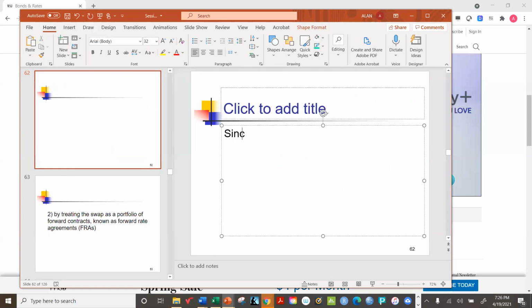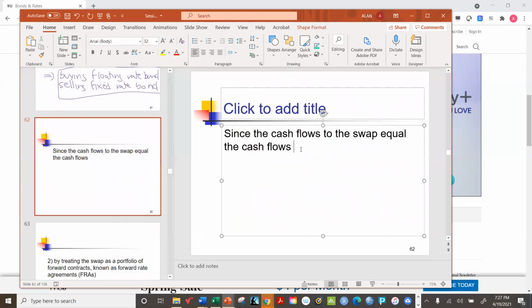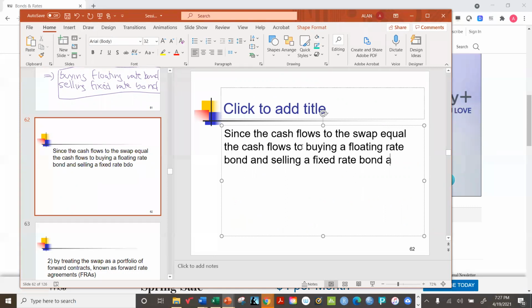Okay, so since the cash flows to the swap equal the cash flows to buying a floating rate bond and selling a fixed rate bond are identical, in order to avoid an arbitrage, the price of the bonds